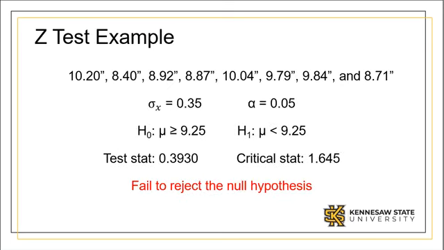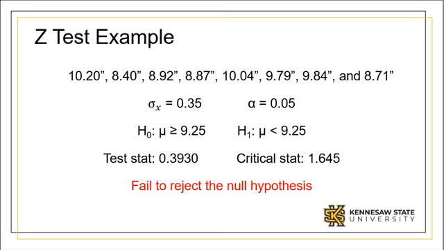As an example, consider this set of data for the length of a plastic tube. Suppose we wish to test the claim that the average length is less than 9.25 inches. Assume that the population standard deviation is 0.35 and alpha is 0.05. We calculate the test stat to be